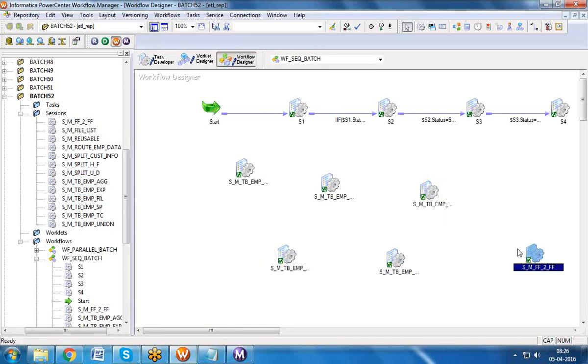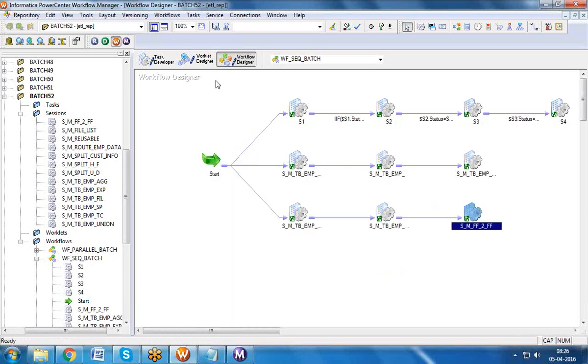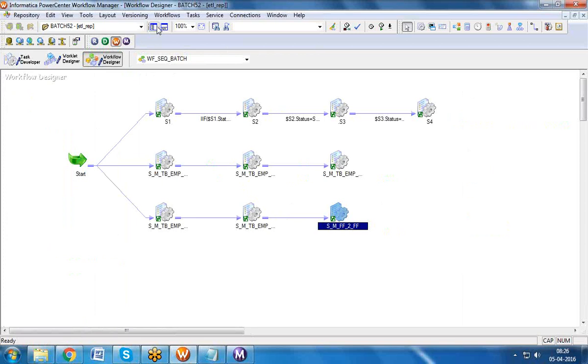If you look at this design, I want to break up this code. I don't want to keep this many sessions in a workflow designer. What I'll do is create three worklets and integrate the sessions into them. I want to break up the complexity of the code. I don't want to keep n number of sessions in a single workflow.